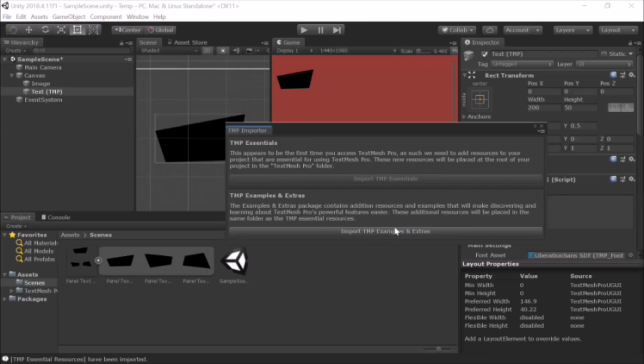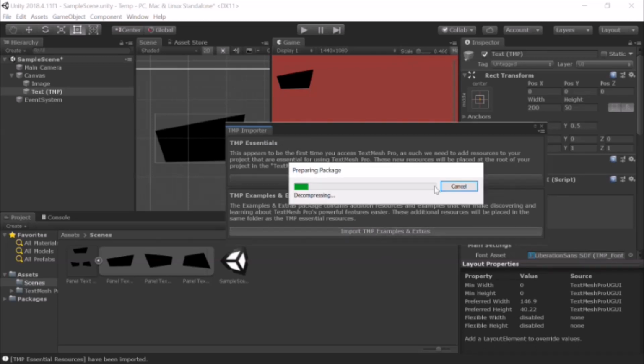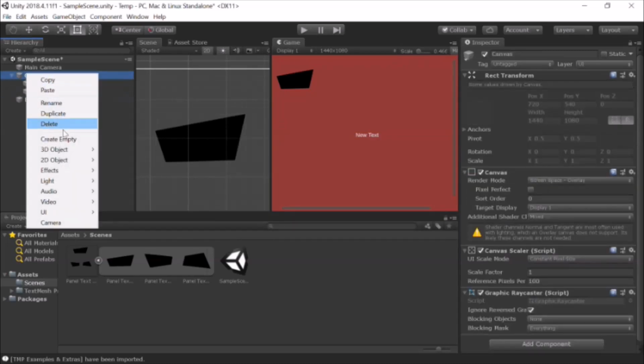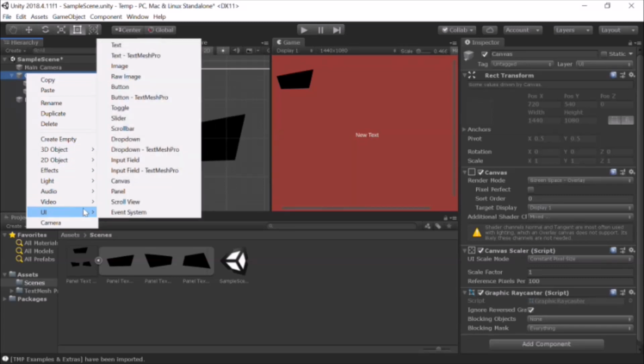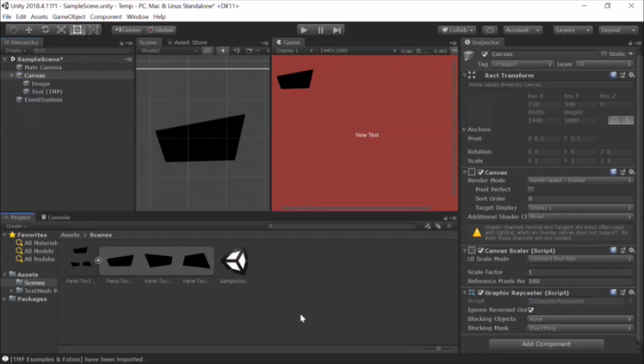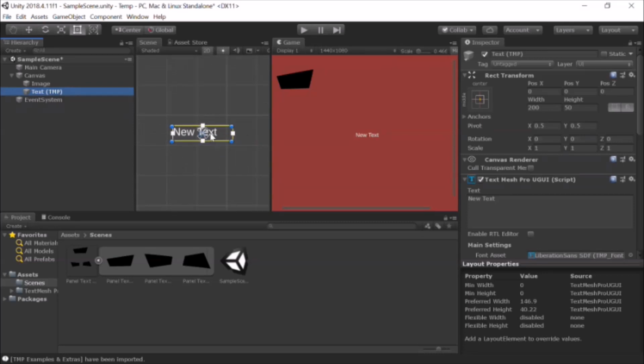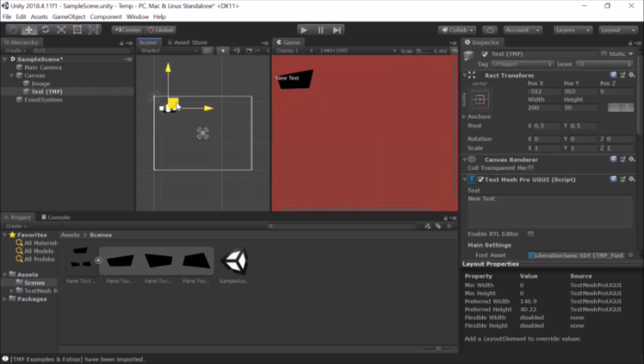Text Mesh Pro: you can either use plain simple text, or this Text Mesh Pro, which has a lot of features you can add, like glowing, special effects, all those kinds of things. Just hit this text, select the move tool and move it there.